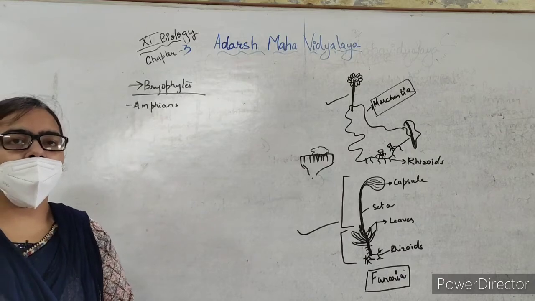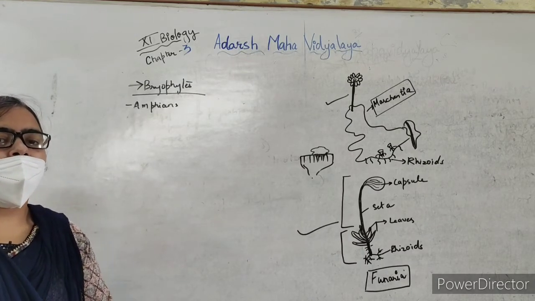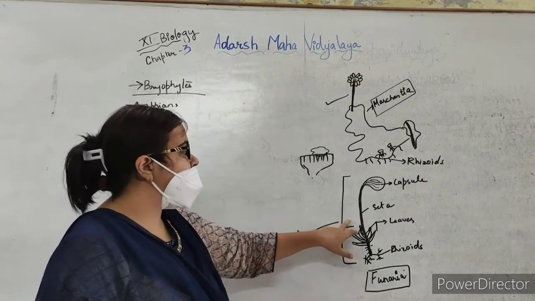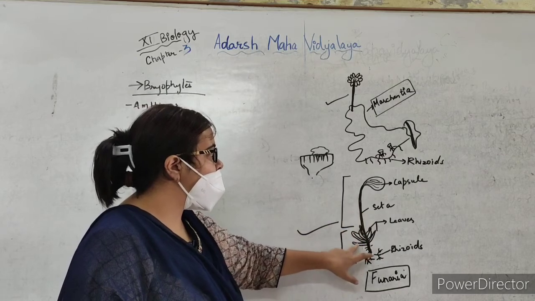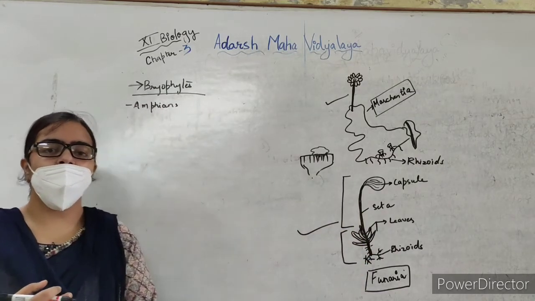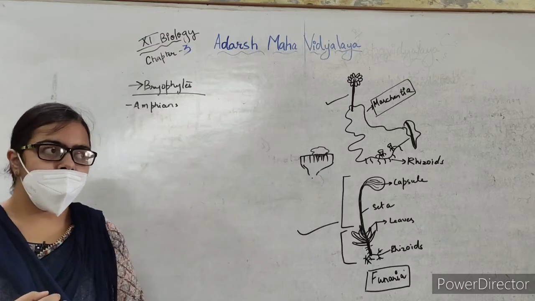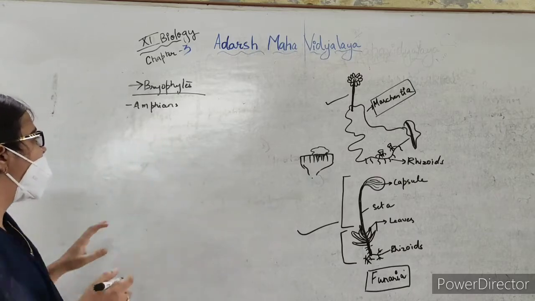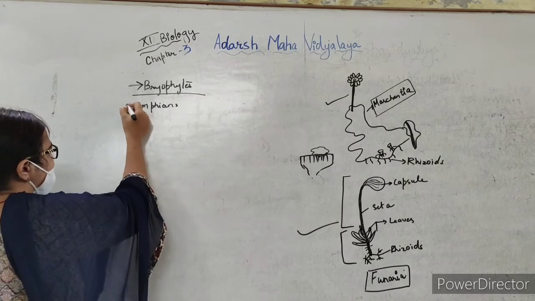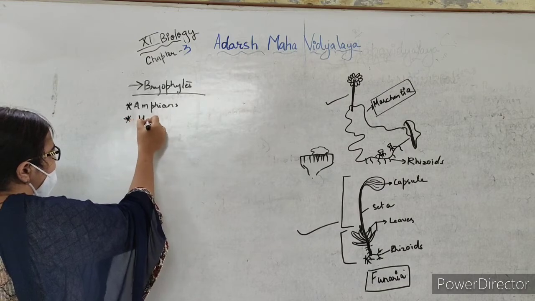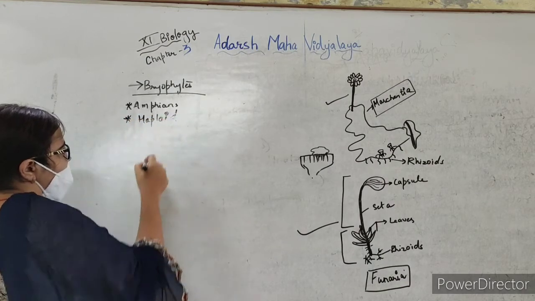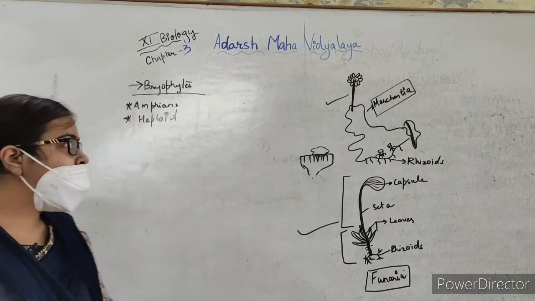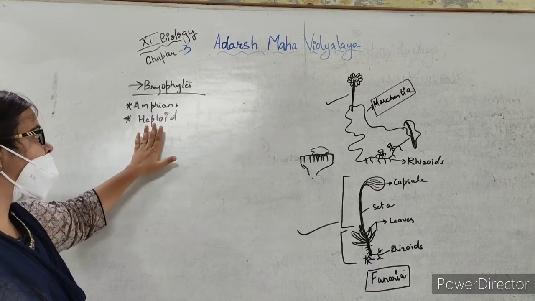Now when we talk about the root, stem and leaves, we have a root-like structure, that is the rhizoid, a stem-like structure, which you can say is the seta, and leaf-like structures, but there is no true stem, true root or true leaves. The main plant body of bryophytes is haploid. When we talk about pteridophytes, we will see that the main plant body is diploid, but in bryophytes the main plant body is haploid.